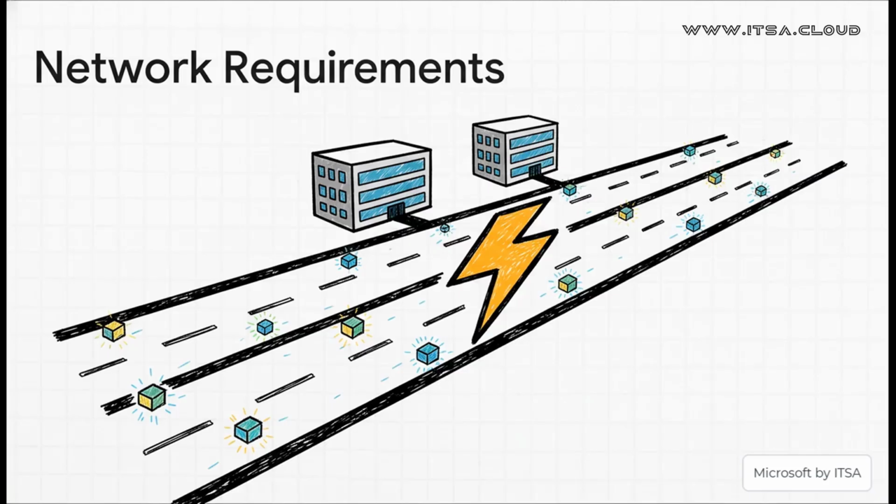And to make that happen, you need an absolutely phenomenal network connection between your two sites. We're talking massive bandwidth to handle all that data traffic, and, this is the crucial part, very, very low latency. The time it takes for a signal to go there and back has to be incredibly short. The actual speed of light becomes a factor, which is why you often hear these called campus clusters. They're connecting sites that are fairly close to each other.